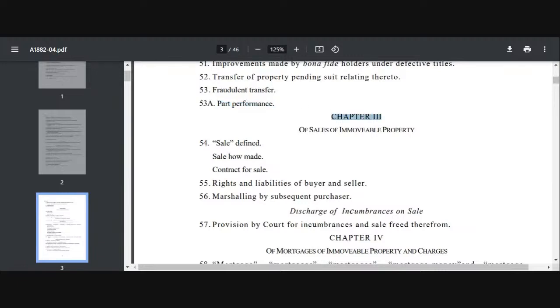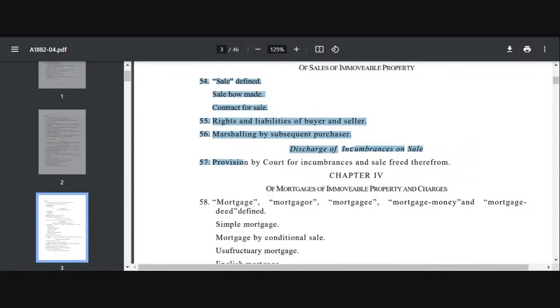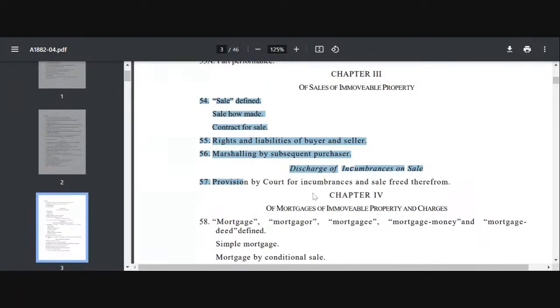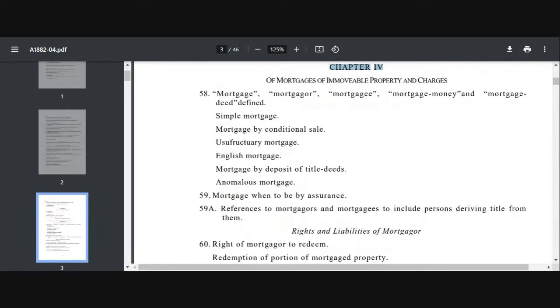Then we have chapter 3, which is of sales of immovable property. It's a very small chapter, just from section 54 to 57, 4 sections. Even in the first chapter there were 4 sections, and in chapter 3 also we have 4 sections. Now we have chapter 4, of mortgages, again one of the biggest chapters in the TP Act because it starts from section 58,